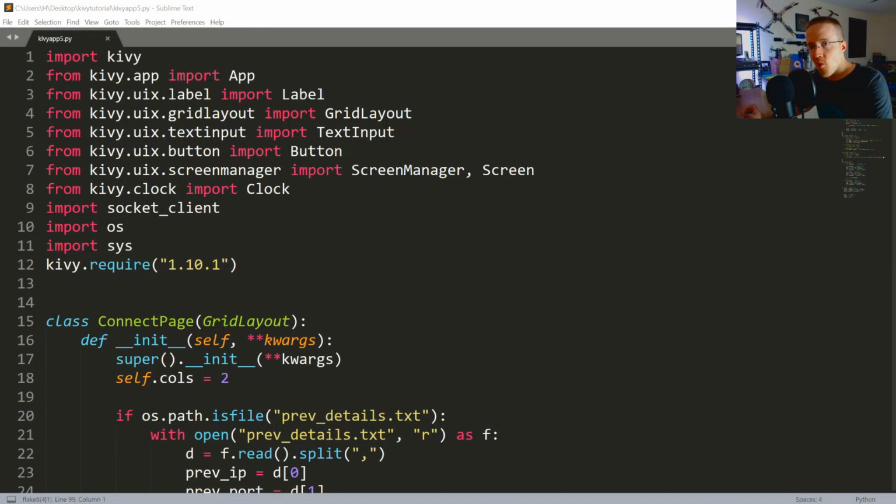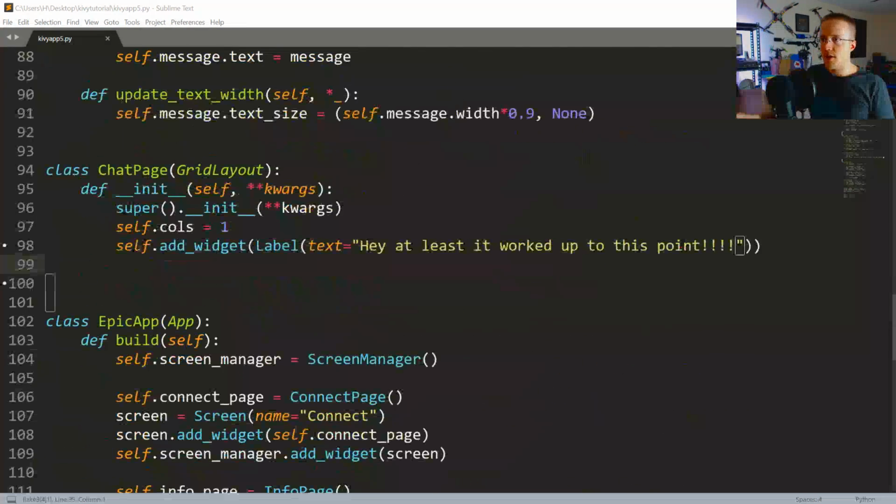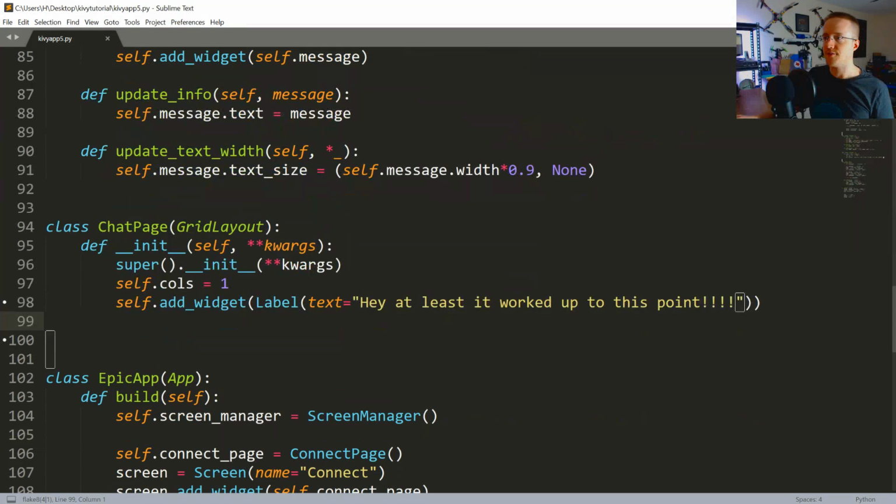What is going on, everybody, and welcome to part 5 of the Kivy tutorials. In this video, what we're going to be doing is building out that actual chat app page, basically, where the chatting is to occur. So far, we have built the following, which is just a label, and instead what we want to do is actually set up the layout